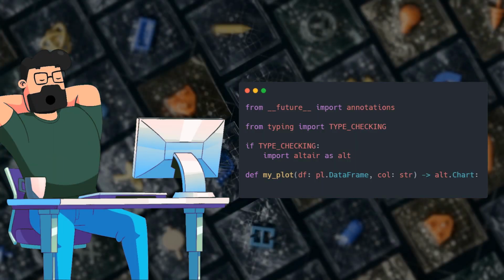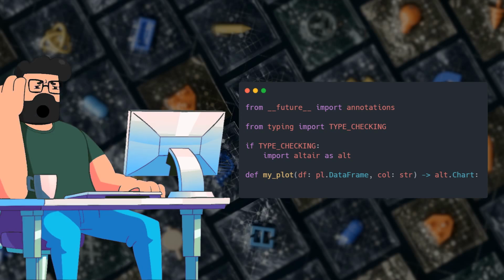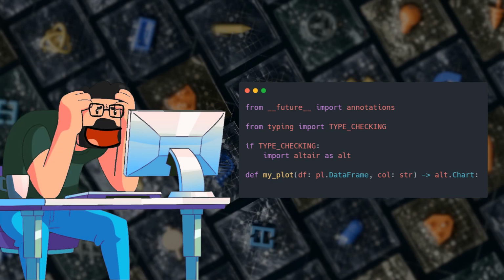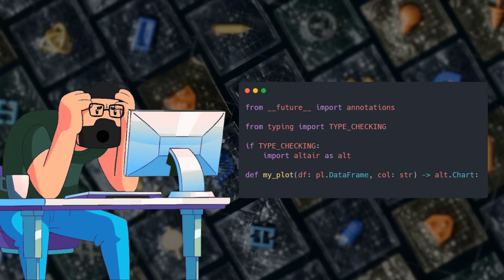Now, the solution to this problem involves importing Altair in a specific way to help with static typing. By adding a few lines of code before the function declaration, you can ensure that Altair is imported only during type checking. This way, you can statically type the output of your plotting function as alt chart, providing clarity and